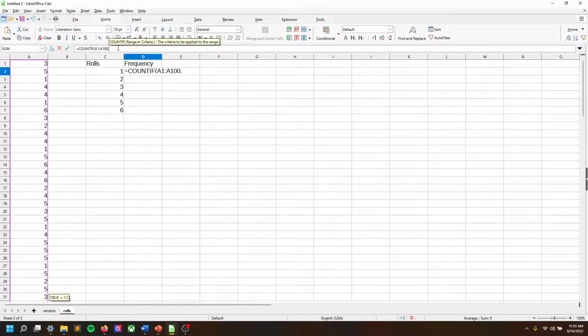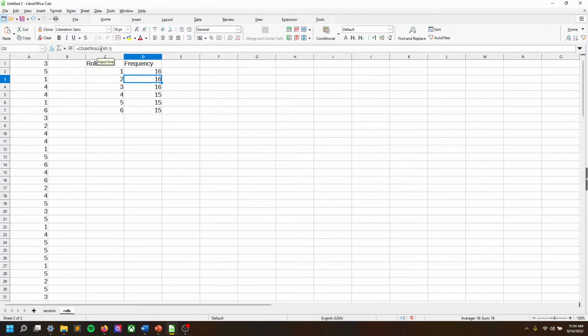Criteria. The criteria to be applied to the range. We'll just say if it rolled a 1. And then we can see 16 times. Right? And so now if we click and drag, what just happened? You'll see what changed is that it didn't change. It didn't know that we wanted it to check for number 2 here. It just thought that we were moving our selection down as we were moving down in the cells. So that's why clicking and dragging works sometimes, but it's always important to double check what's happening behind the scenes,